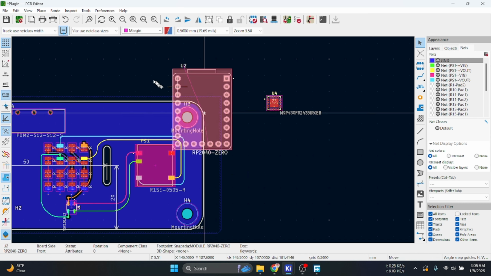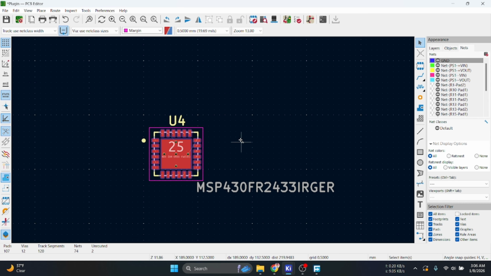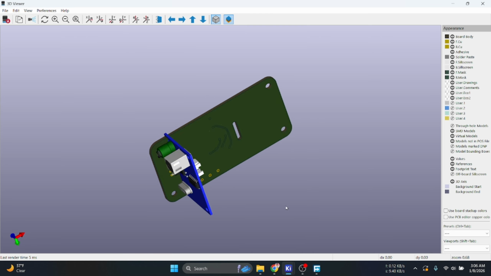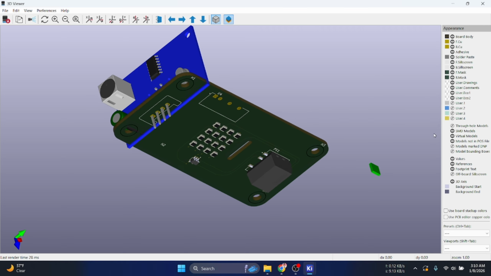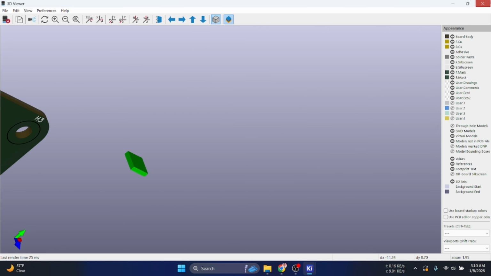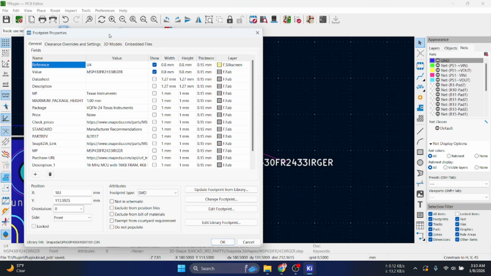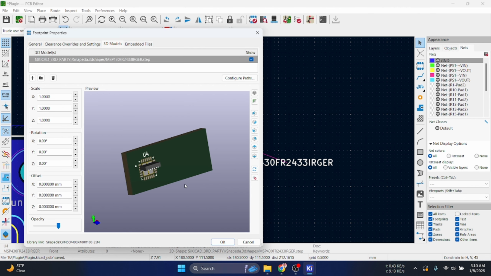You also have a nice footprint, and sometimes you have to restart your KiCad so that you can use this library properly. After I restarted, this 3D model shows correctly. There is the 3D model of it, and we can just rotate the 3D model to work exactly,